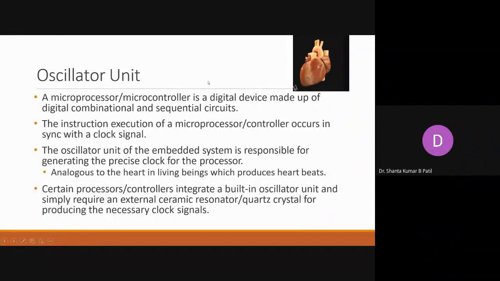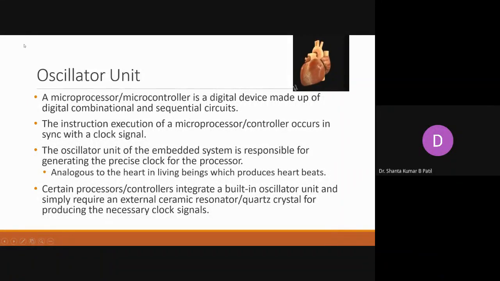It generates the low and high signals. These are very much essential in order to operate the processor, to perform any operations. So we require these low and high signals. If there are no low and high signals, it is almost like the heart stopped. There are no low and high signals generated to the system, so the system will not perform any operations. This clock cycle decides how fast the instructions are executed.